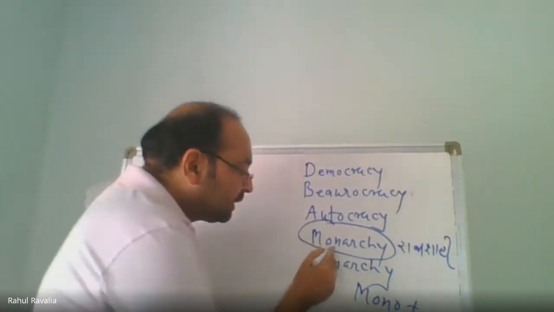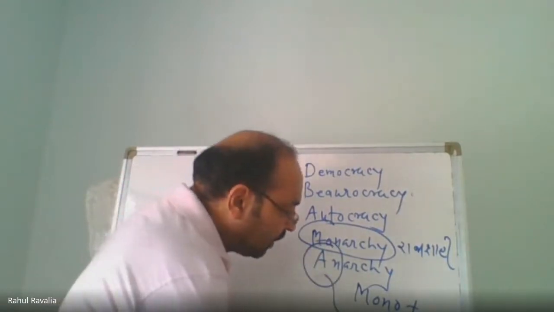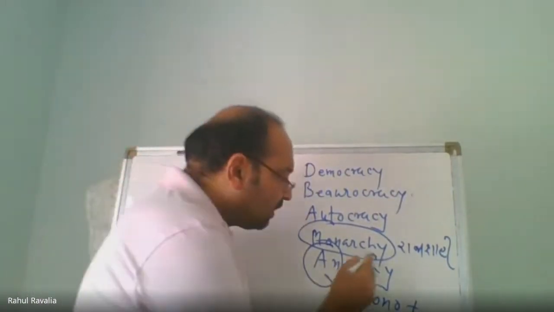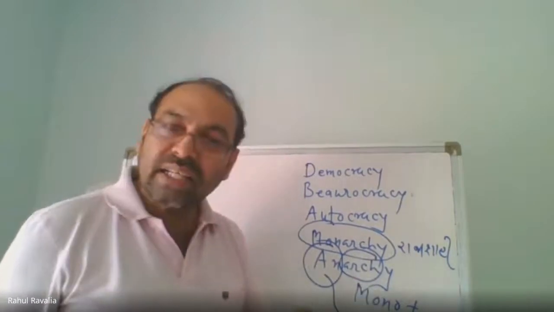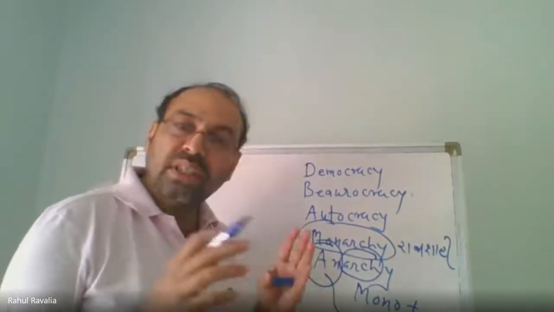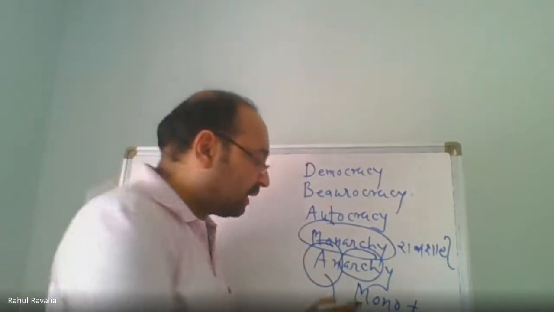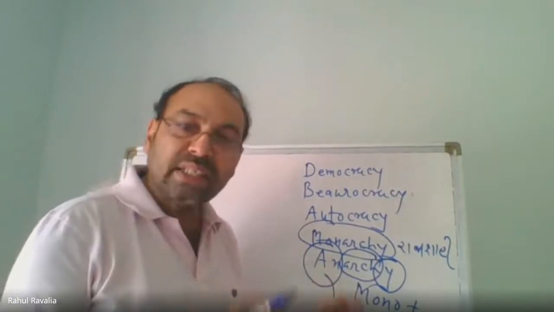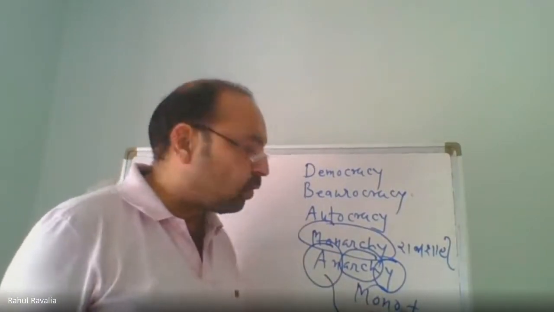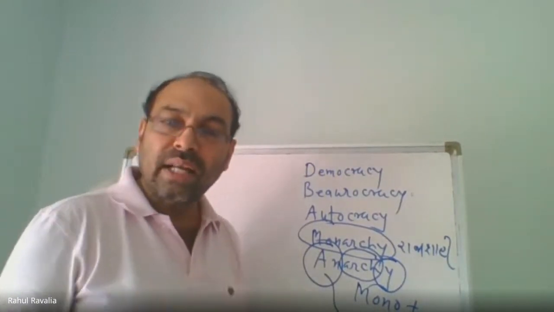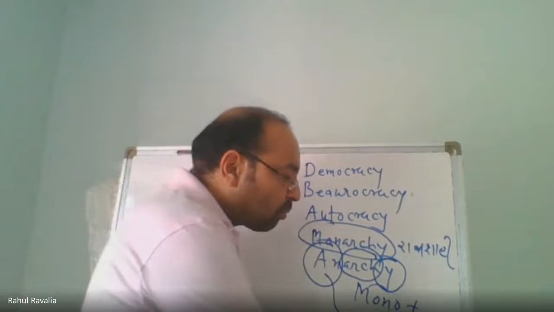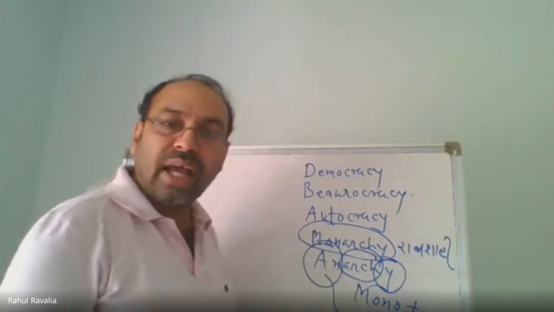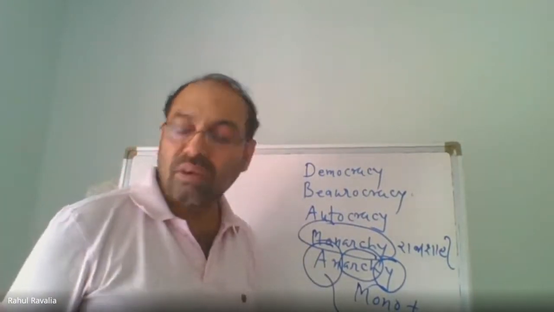Now, whenever there is an n, you have to understand that n means without. Arc, head. If a state is without any head, without any kind of government, then it is called anarchy. If a state is without ruler, then it is called anarchy. So monarchy and anarchy both have the common morpheme arc. Mono means single, and an means without, and actually it is a Hebrew affix.